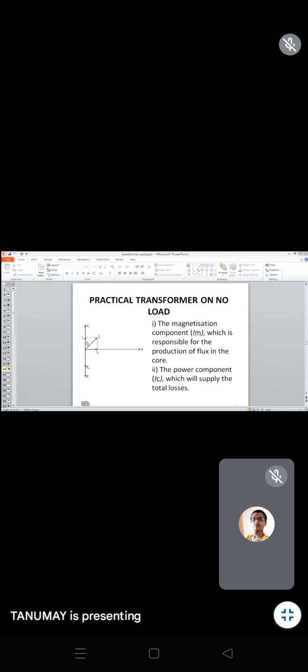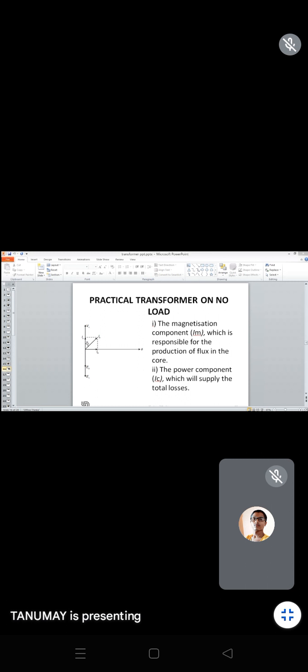Now in case of eddy current loss, it will try to flow cross section wise. That means if I try to show some figure, I told you earlier, one particular flux will try to flow across this particular cross section of transformer limb. Then that particular flux will try to oppose main flow of flux in this particular transformer core. That's why that particular flow of flux will try to produce one loss, that is called the eddy current loss.